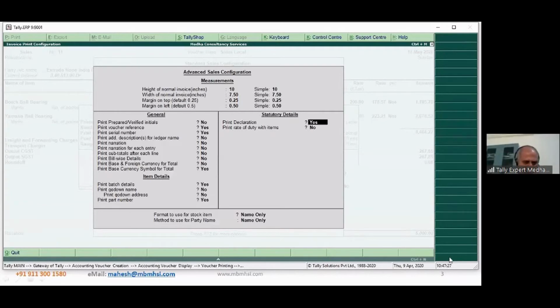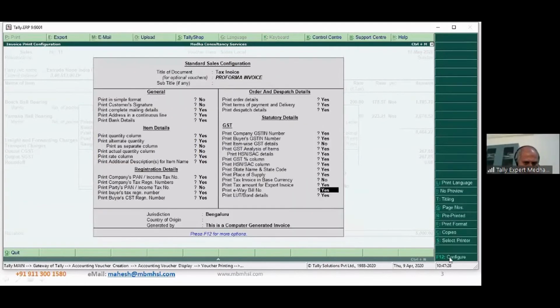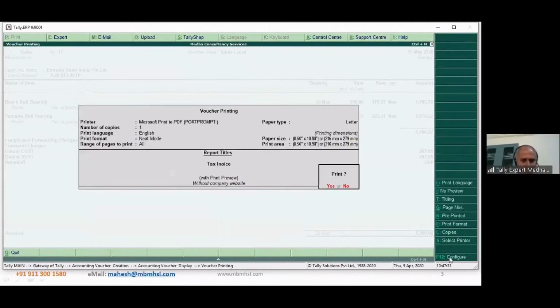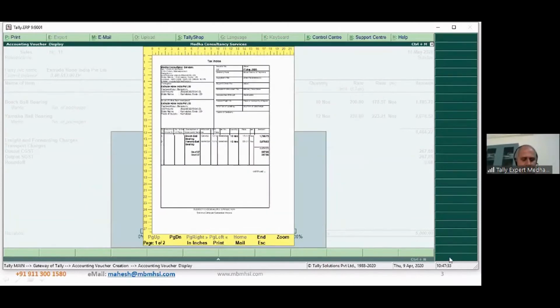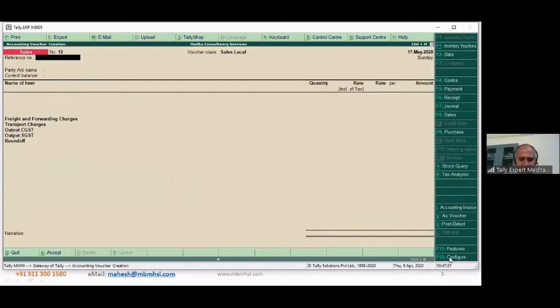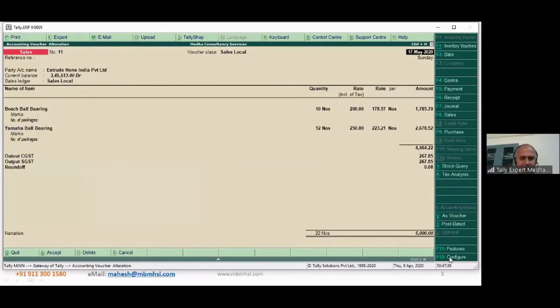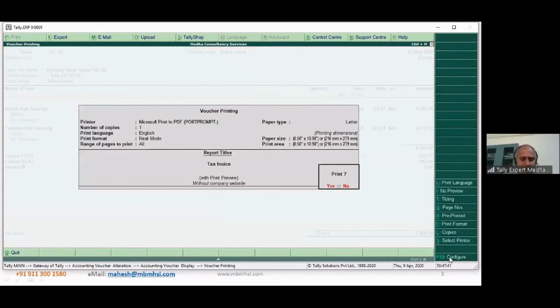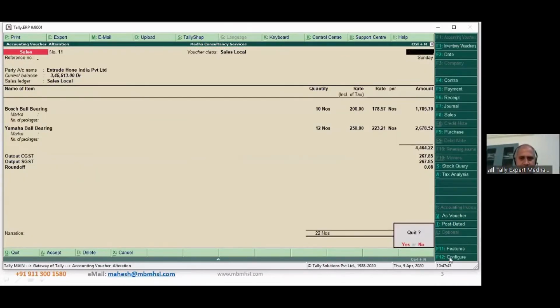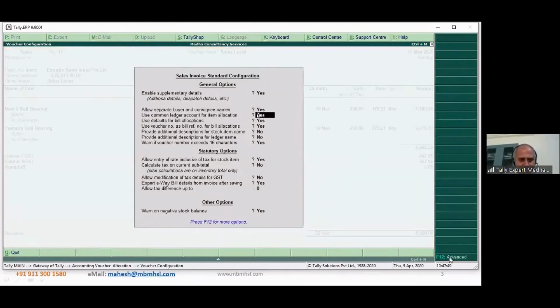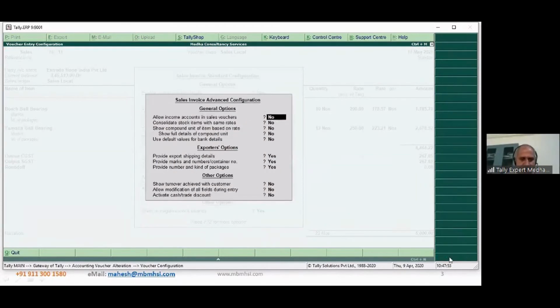Make this yes. Now, this is too much because yesterday we did one export invoice, so we had enabled all the export details, and it is showing all the export options. Let us disable a lot of the export details. F12, I don't need these export details.